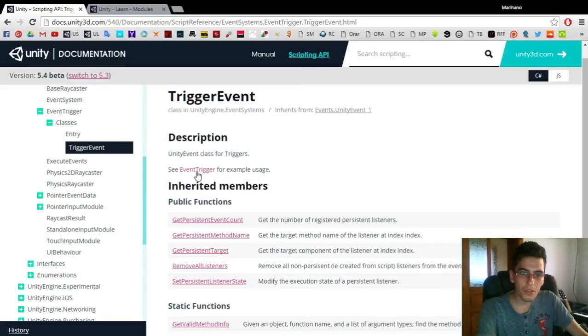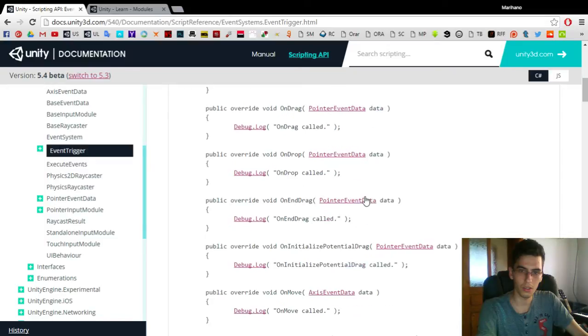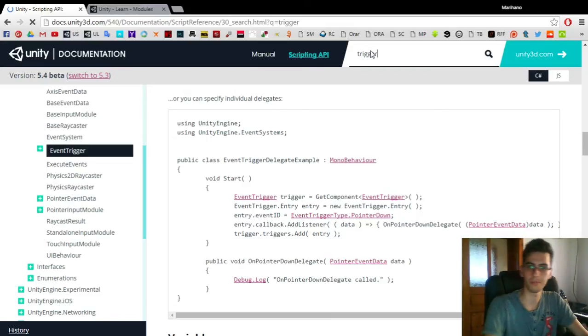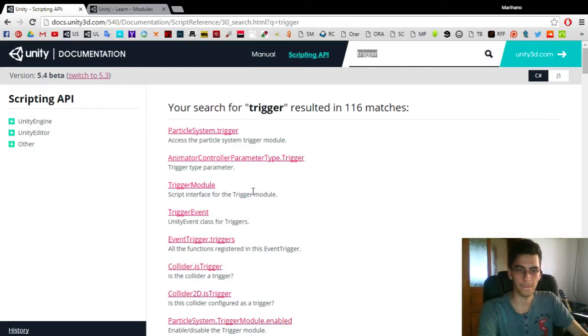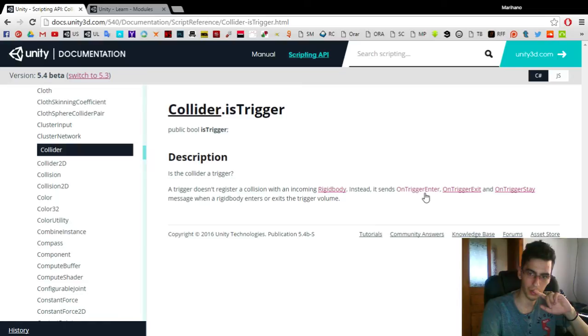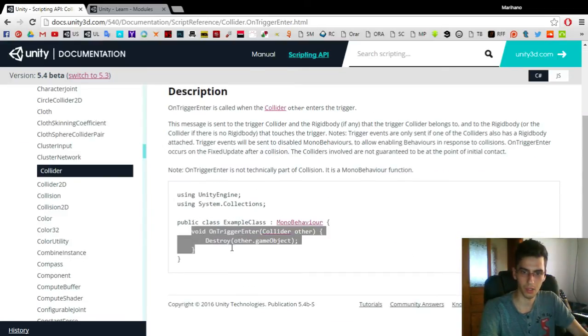Trigger event, trigger. The heck? No, I don't want this. I want trigger. What line do we have this trigger? And on trigger enter. Yes, I want to get this one. So when our player hits that object,